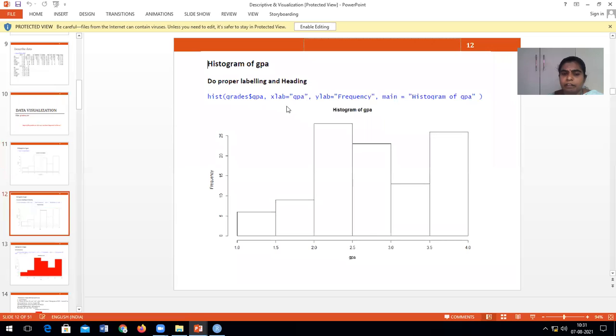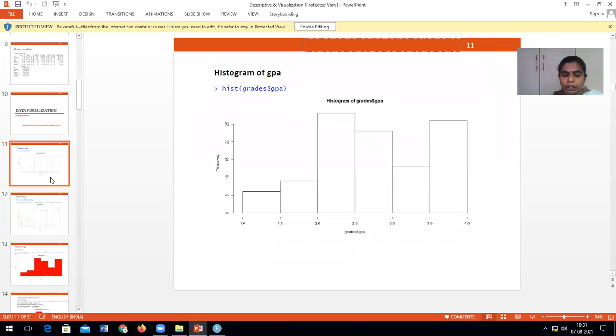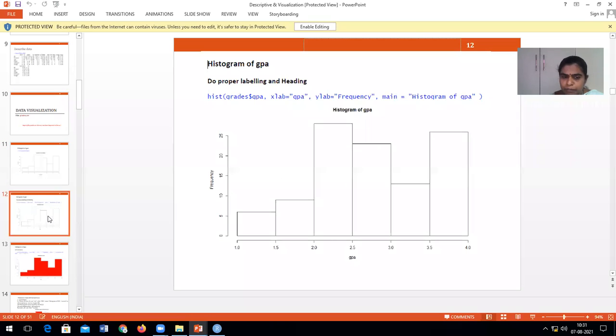And then we have added a few more attributes like this. xlab indicates X label, ylab indicates Y label, main is nothing but the name of the plot. So this is a simple histogram plot, the same thing but with proper labeling and heading.